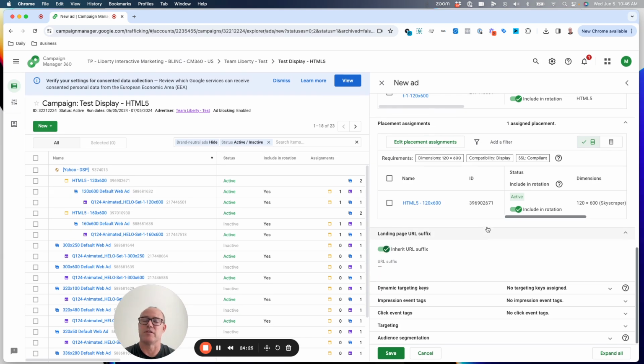So let's say in a particular ad you want to have something different that differentiates. That's why we use the dynamic. You don't have to set this, but in some cases you may need to. All right, so now I'm going to save that. And it is going to create